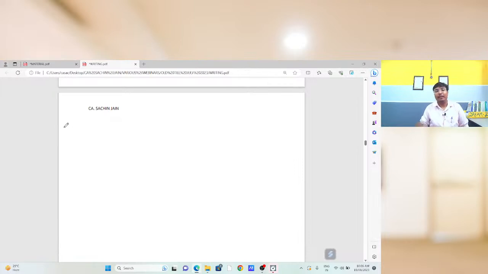So two concepts we have covered. First, in case of supply of goods, in case of forward charge, the date of issue of invoice will be the time of supply. In case of reverse charge mechanism, the date of receipt of goods, or the payment, or the entry in the books of accounts, or 30th day from the issue of invoice, whichever is earlier, will be treated as the time of supply, and in that particular month, the same is to be reported in the GSTR 1 and 3B return. Okay, now